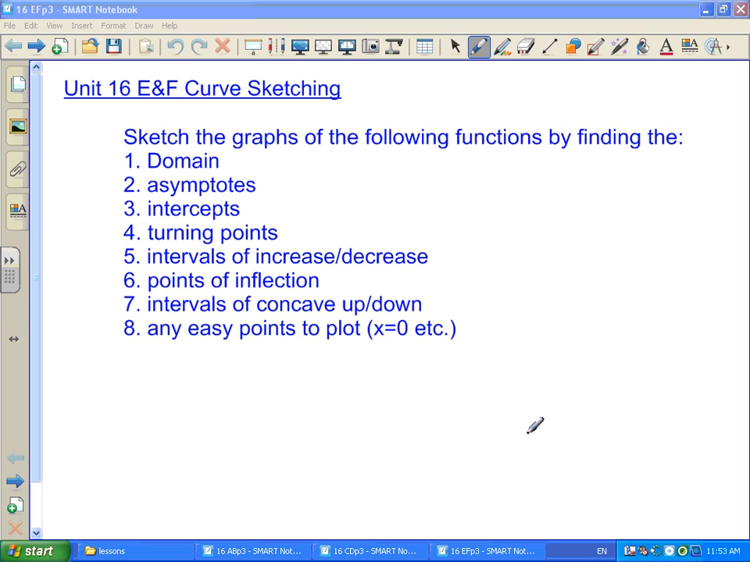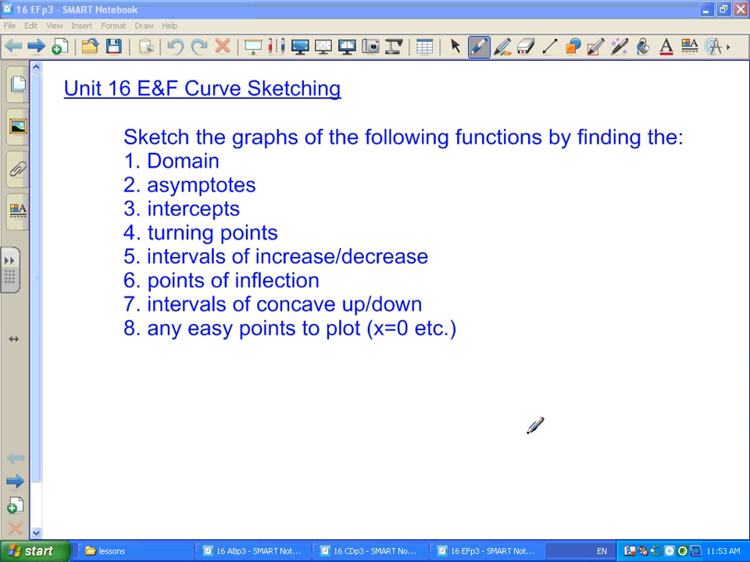Okay, so the last thing we need to do in Unit 16 is put it all together. What we've been building towards is collecting a bunch of information about our functions so we can hopefully sketch an accurate graph of our function. So the questions are going to ask you to do this: